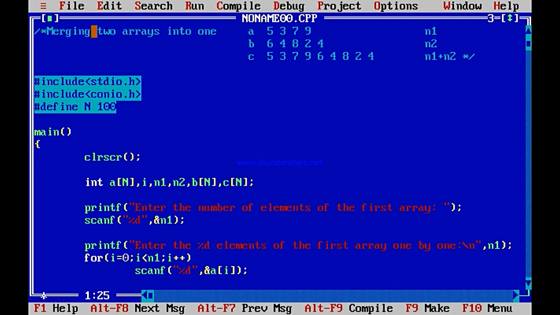We can take a bit of break over here and come back. The program with which we will come back is addition of two arrays to get a third array. Here this will be 5 plus 6, 11. This will be 3 plus 4, 7. This will be 7 plus 8, 15. This will be 9 plus 2, 11. Here this will be 4 itself, assuming this position is not there, I will treat it as 0. So this is how addition of two arrays will be done.